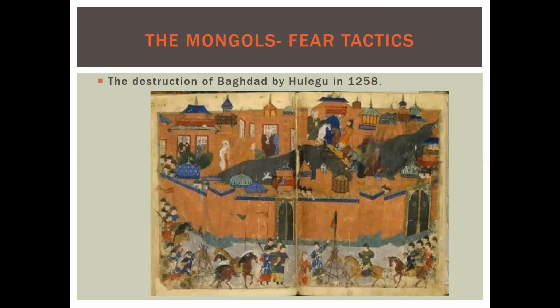But it was intense. But what the sack of Baghdad allowed the Mongols to do is that then they ride on to Damascus, the capital of the Abbasid dynasty. And when they get to Damascus, the caliph just opens the doors and he says, "Come on in, we're not going to fight you. We made that mistake once." And so then a lot of the Middle East surrendered to the Mongols because they destroyed Baghdad.